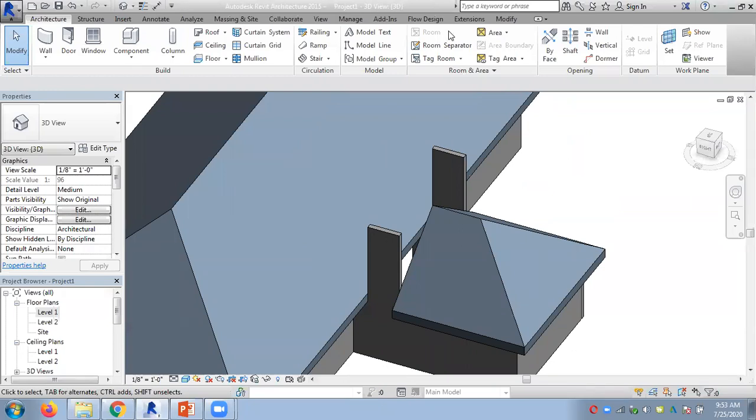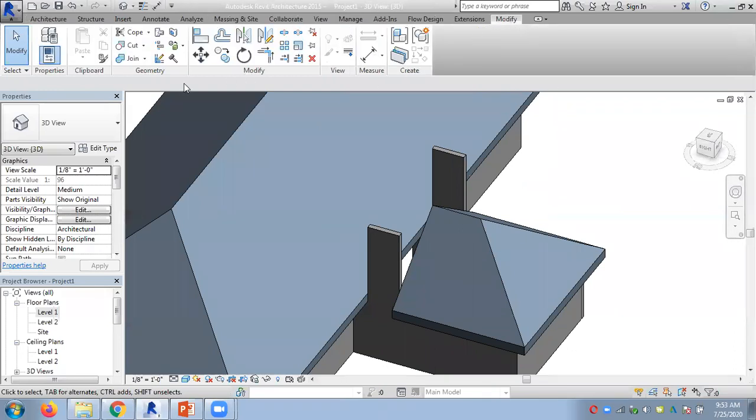Now there are join tools available in the modify area. So if I just look at the modify area, then all join groups. These two, join unjoin group. So I can come here and